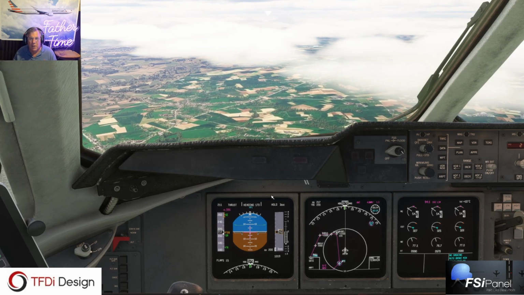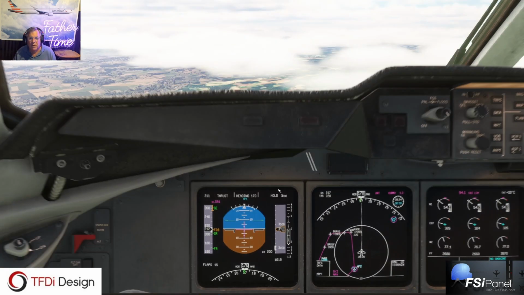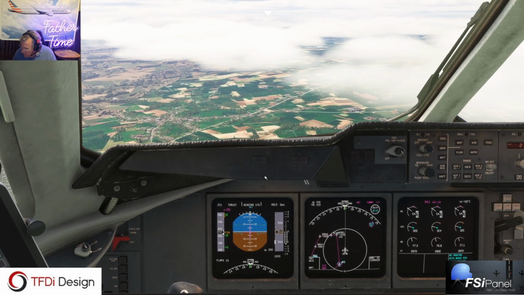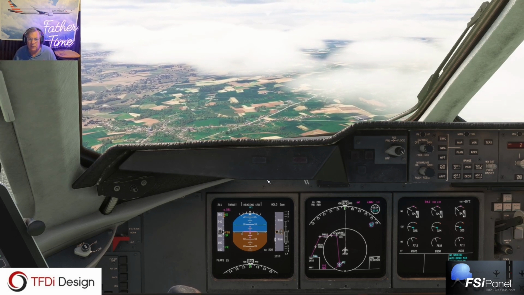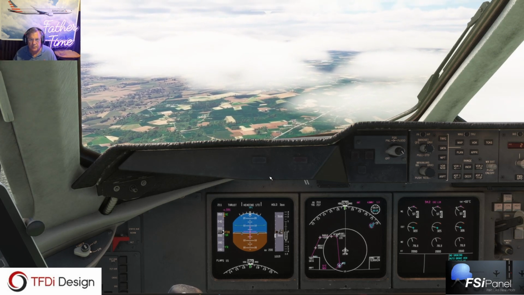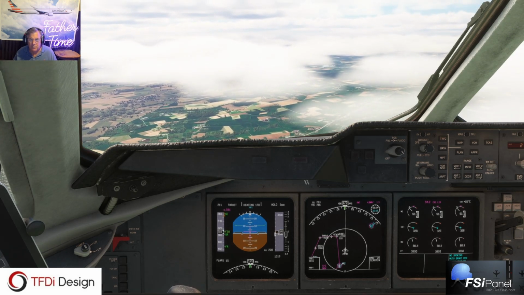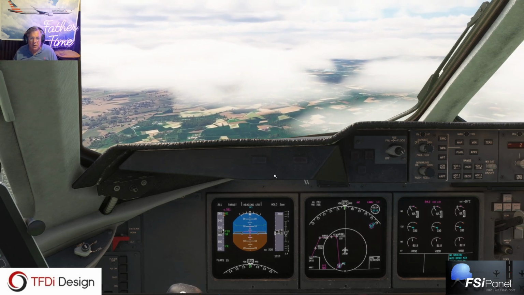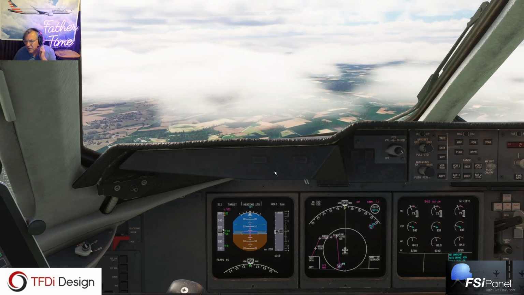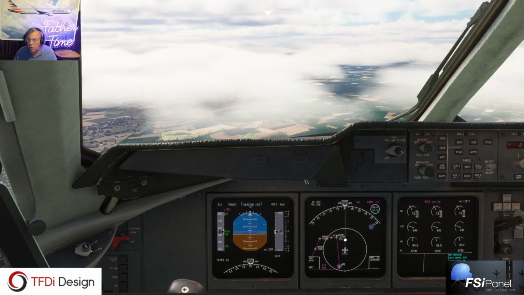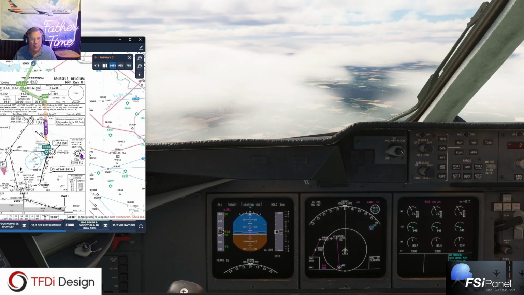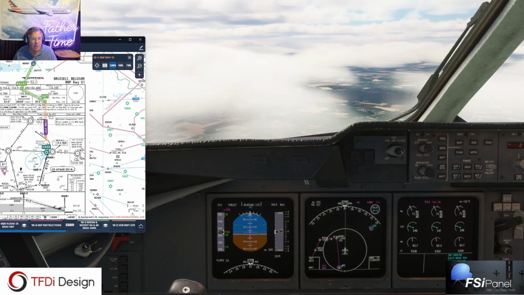Okay, leveling off at 3, flying along with the airplane. That's 3. Altitude. It's scattered at 4,000. Looks a little lower than that, doesn't it, guys? At least out here. Altitude. I'm not sure if he's going to vector us to final or for the whole approach, so I'm kind of ready for both. Here we are out here. I'm kind of half expecting